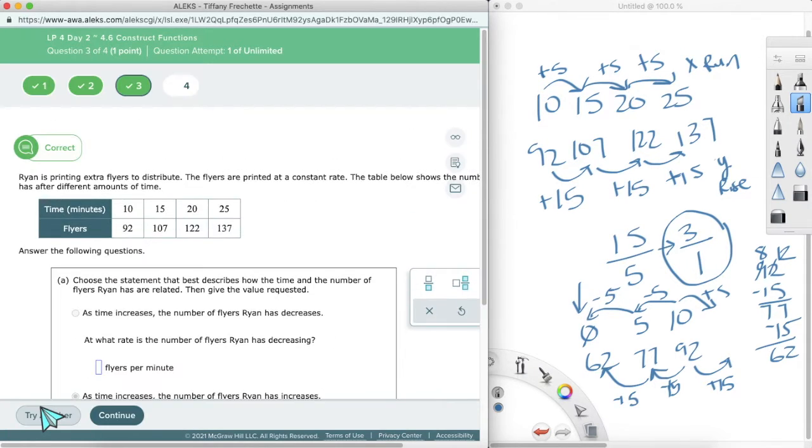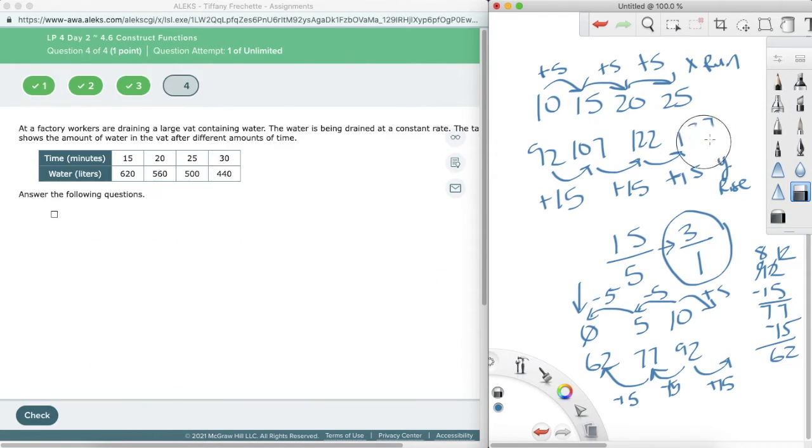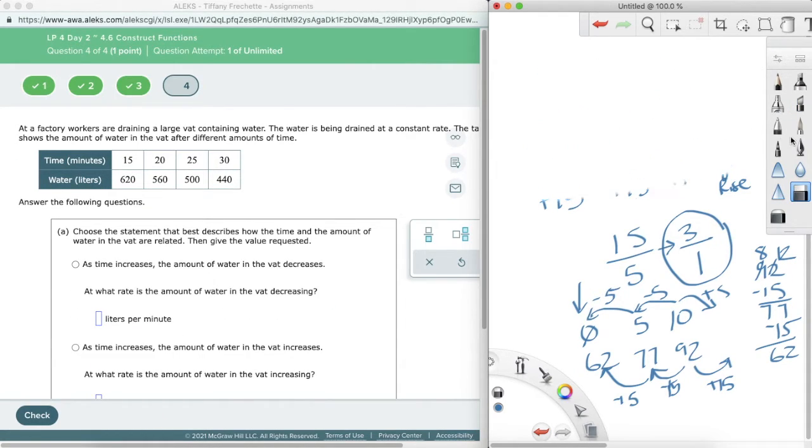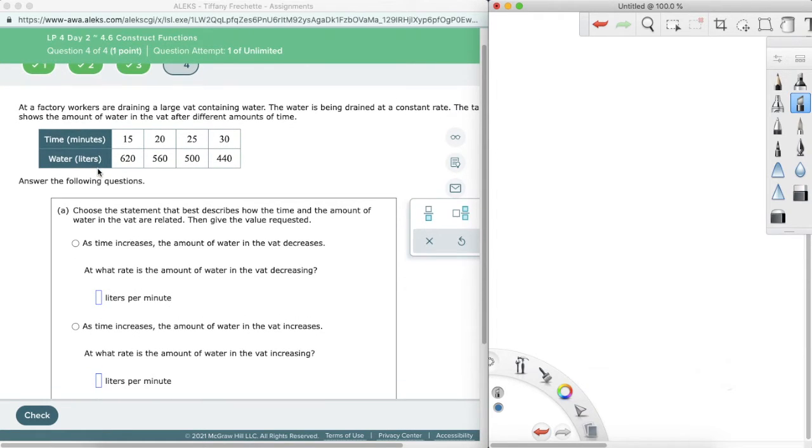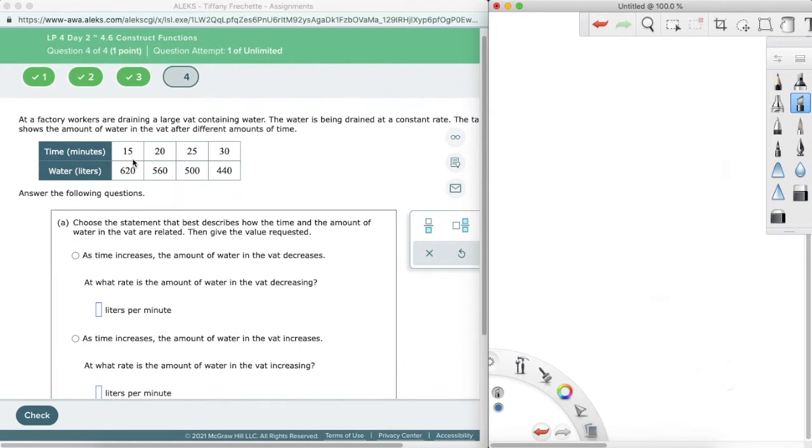Perfect. Let's go ahead and try this last one here. You can also do, and I know we've done this in the past when we had slope and intercept, we can choose one of the points and plug this in to get that starting point, because this is an X and a Y coordinate. And then we had the slope, we calculated that, that's the increase or decrease per minute. So I can actually show you here, we'll do that one on this one, because that's just another method of